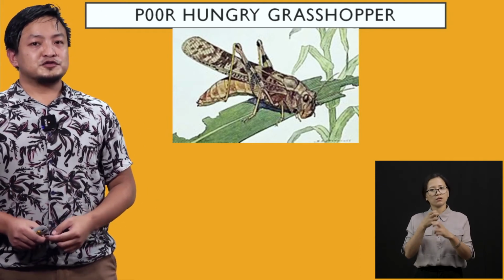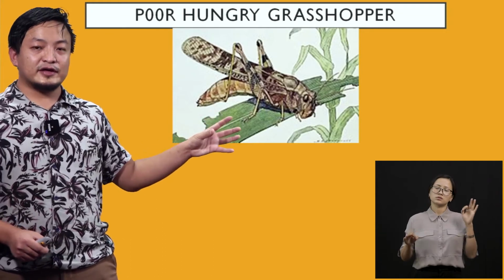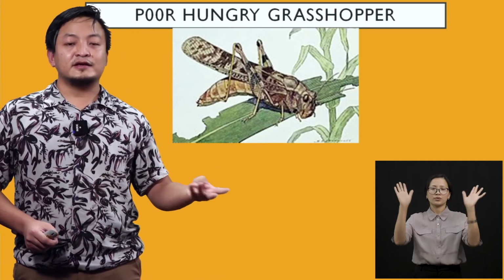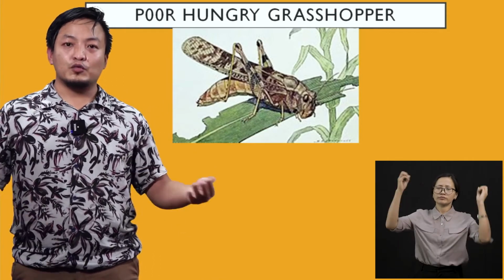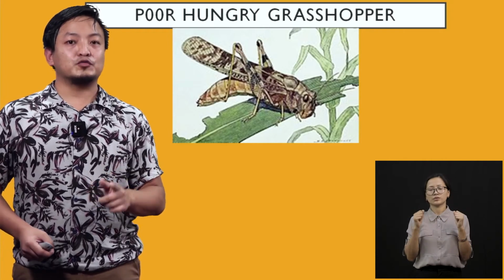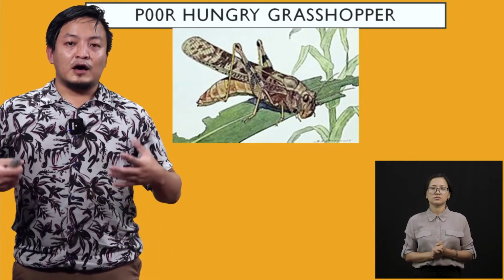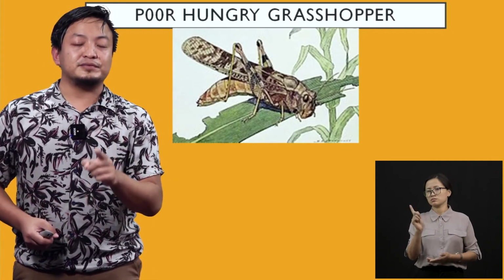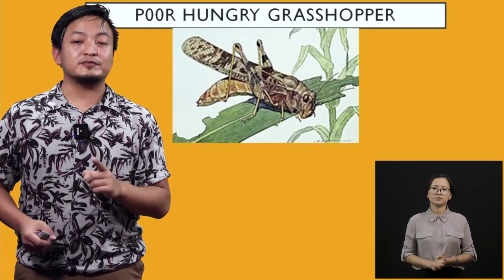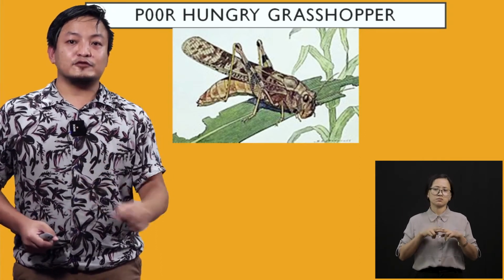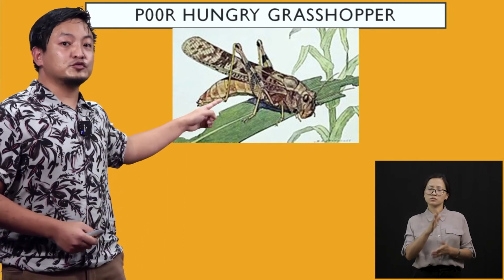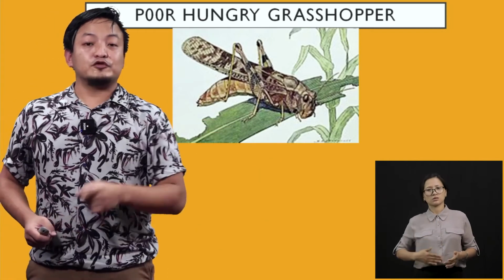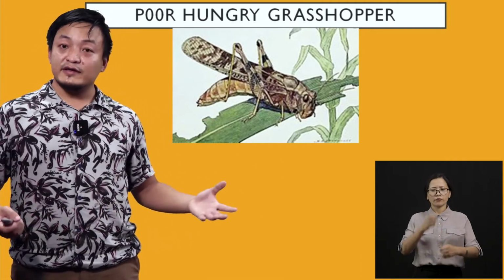So students, from this story, yes, we have learned about different weather, right? From sunny, rainy, foggy, winter, right? But we have also learned how to work hard, right? We have learned that one should never be lazy. If you are lazy, you'll become like this grasshopper. At the end, you will cry. You'll be poor, hungry like this. But if you work hard, you will enjoy like the ant.